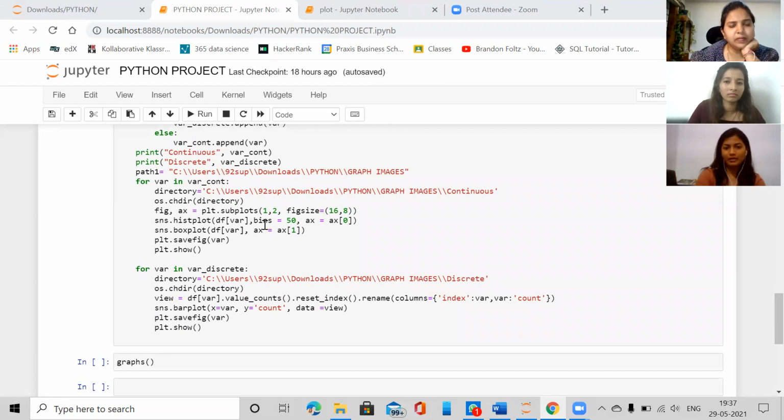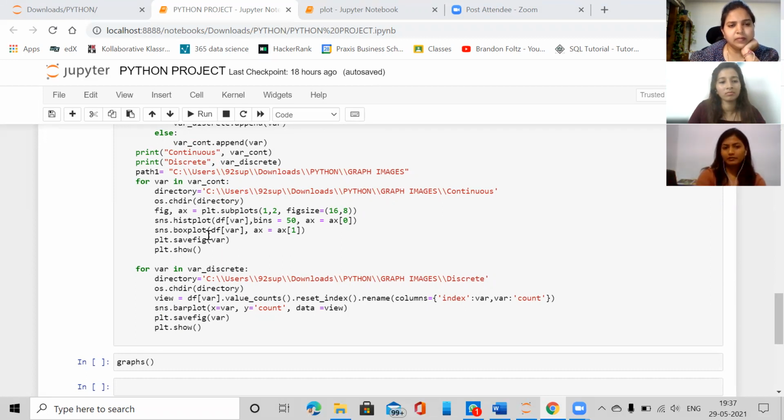For that, we have imported the Seaborn library, and we have used sns.histplot. Within that, we have passed each variable in the var count list that contains all the continuous variables. So this will plot the histogram for each of the continuous variables from our data frame.